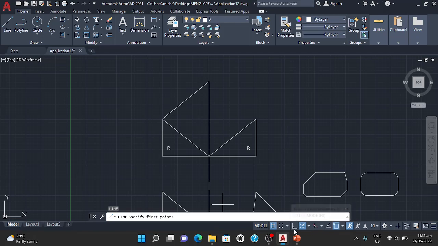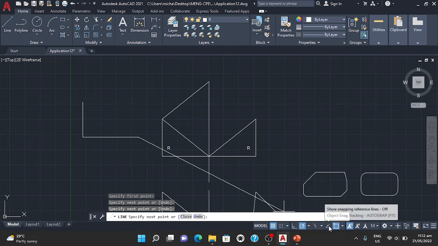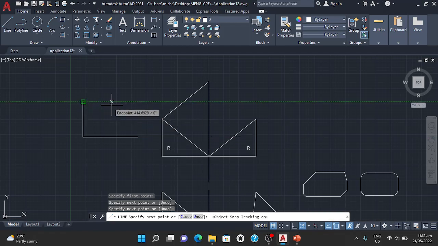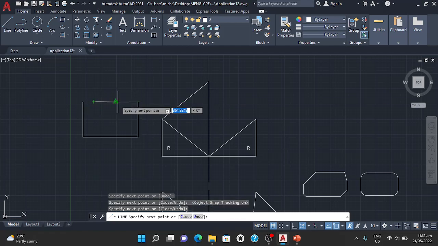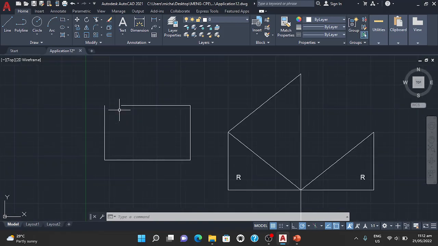I think let's activate this. So specify the first point here, here. Let's type it here. And let's create a broken line here and hit enter. So lengthen is applied if we want to connect, okay, each line to form a certain object. So for lengthen, let's try to type lengthen, okay,